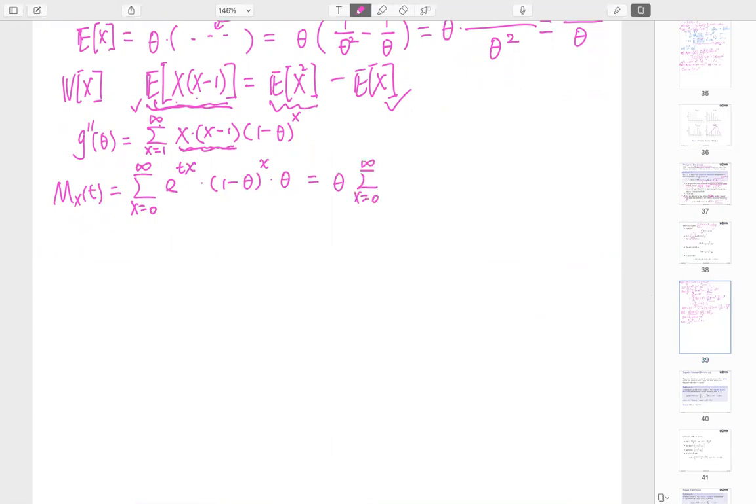I collect like terms. So what I have will be 1 minus theta times exponential of t, and then with everything to the power of x, right? So this is a geometric series, right, with different base. So the summation will be 1 minus the common ratio times the first value, plug in 0, which is 1 minus theta. Okay, so that is